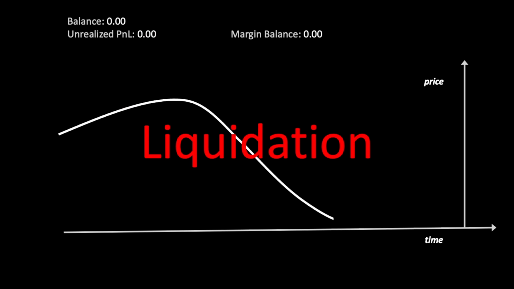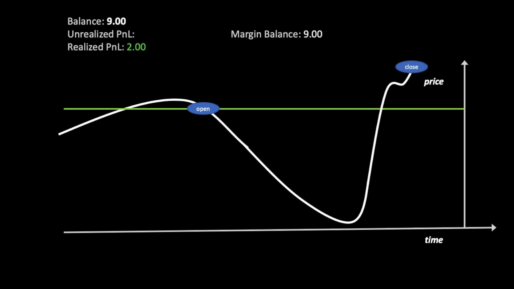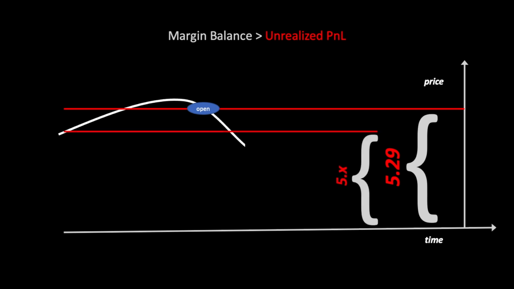But let's say my initial assets balance was higher, instead of $5 it was 7, and thus, I still had some margin balance left. And now, the price had recovered, and is increasing. I had avoided the liquidation, and I am looking at making a profit. I will close my position, and my unrealized profit will be realized. I managed to prevent a full liquidation of my assets, by having a sufficient margin balance, even for an extreme situation, when the price dropped down to zero. I use the worst case scenario of price dropping to zero to calculate the worst possible P&L. This is the minimum margin balance that I want to maintain.